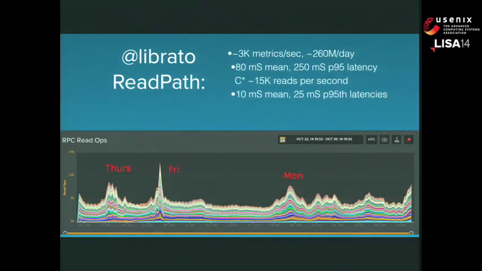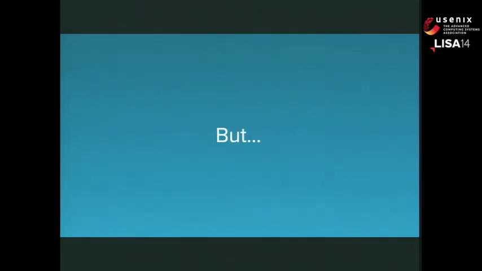We do 3,000 full stack writes from the front of our API all the way into our persistence layer per second with an 80 millisecond mean latency. Those are reads sort of generated by users looking at graphs. Specific to Cassandra, we do about 15,000 reads per second with a 10 millisecond mean latency, and that'll be one ring reading from the other ring to do long-term storage rollups. However,